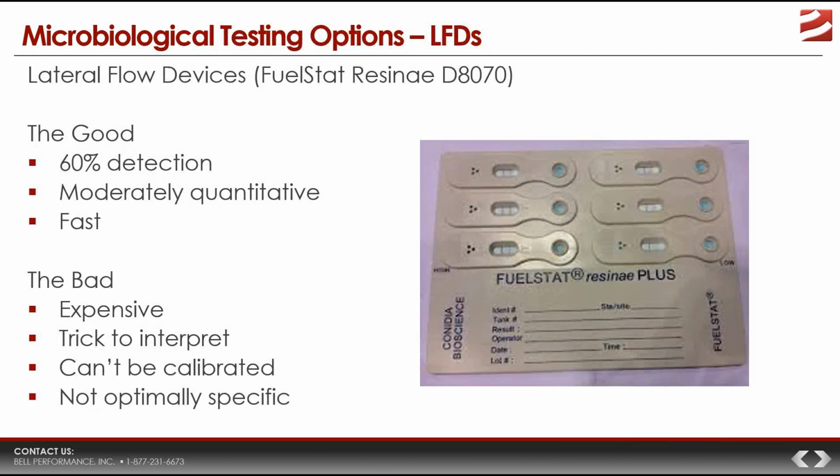Second category of microbe tests available in the market are what they call lateral flow devices, LFDs. Lateral flow device is a fancy way of talking about what they call an immunoassay test. Now, the word assay refers to measurement. Immune or immuno refers to microbes. So an immunoassay test would be a test that measures the amount of small molecules, which is what microbes are. They're small molecules or small, large, they're small organisms. Measures the amount of small molecules in a solution, and they typically do it by using some